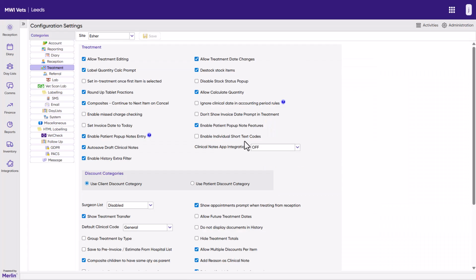The practice has the option to enable or disable the Enable Individual Short Text Codes setting. This is found under Administration, Settings and Treatment. If this setting has been enabled, then each individual user will be able to see the short text codes they have saved previously. If this setting is not ticked, the user will be able to see all short text codes